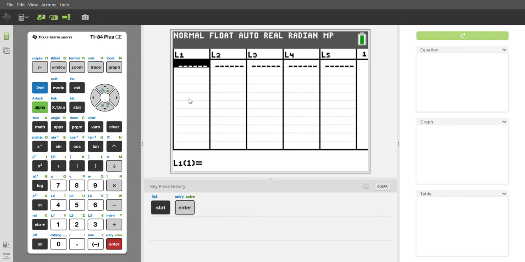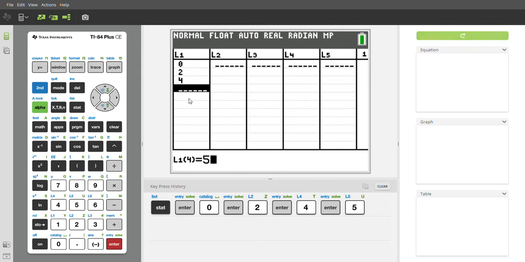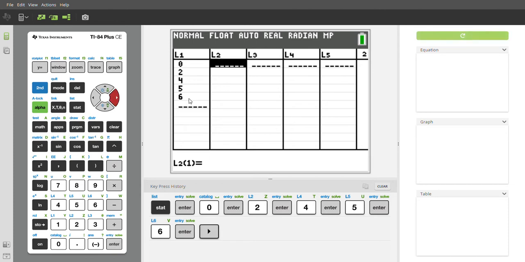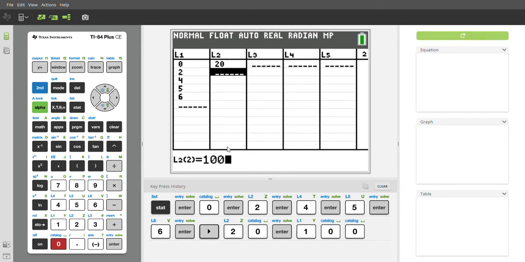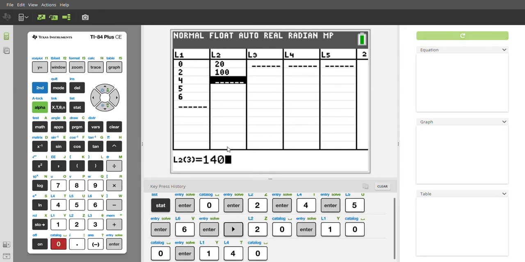So I'm just going to type in the X values. I have a list of 5 points in front of me. So I have 0, 2, 4, 5, and 6. So now those are all my X values. If I scroll over to where I'm highlighting L2, I'm just going to start typing in the Y values that go with each of those. So 20, 0. That's saying that the point 0, 20 is one of my points, which, look at my paper, it is. Just keep going. 100, 140,